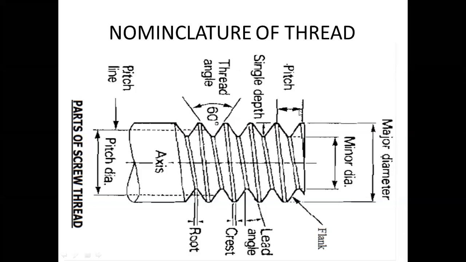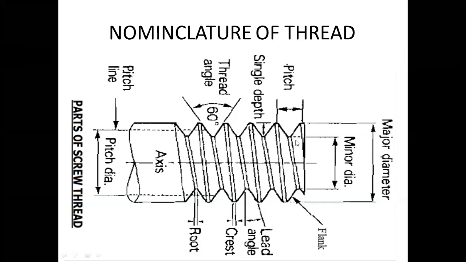For a standard thread you will have a standard angle. For the ISO thread you have the angle between the threads. This is called the flank face. The angle between the flank faces will be 60 degrees. This is the depth of the thread, denoted by H. You only need to draw this much profile. Is it an internal thread or an external thread? The diagram on the screen is an external thread. When you draw the external thread, this is the solid portion. You have to do hatching here in your exam.